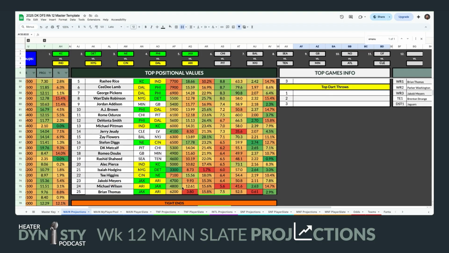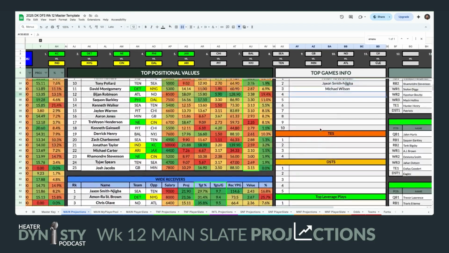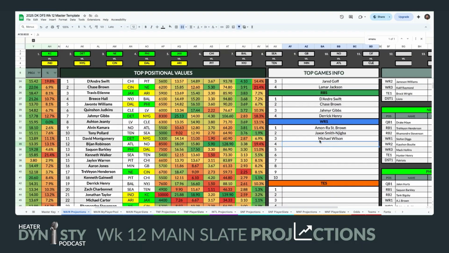He's now 4,800, but he is their top receiver behind Trey McBride, with Marvin Harrison Jr. being ruled out for a second straight game. The next option would be Rashee Rice. This is a must-win game for the Chiefs. Spoiler alert, I don't think they're going to win it. But they're going to play it like they want to win it, and Rashee Rice had a huge target percentage last week.